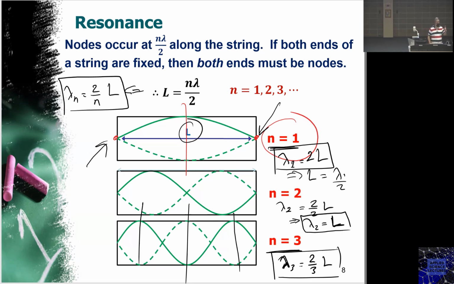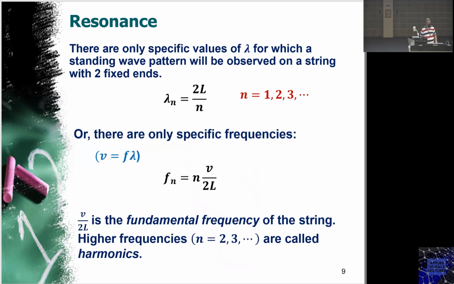So we count the antinodes to know what kind of frequency, what kind of resonance we have. If it's one antinode, then that's the fundamental. If there are 2 antinodes, then this is the second harmonic. If there are 3 antinodes, then that's the third harmonic. Now you can calculate the frequency